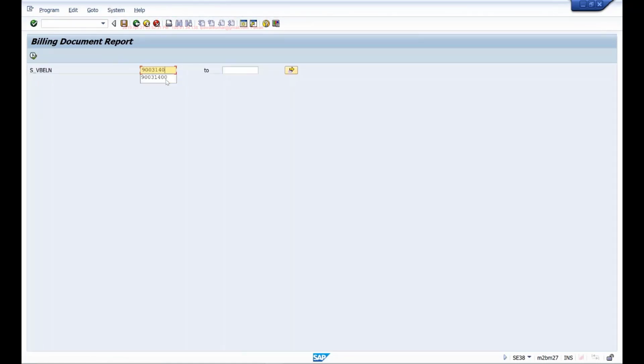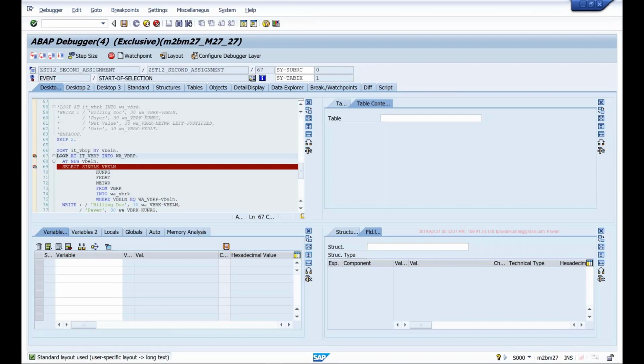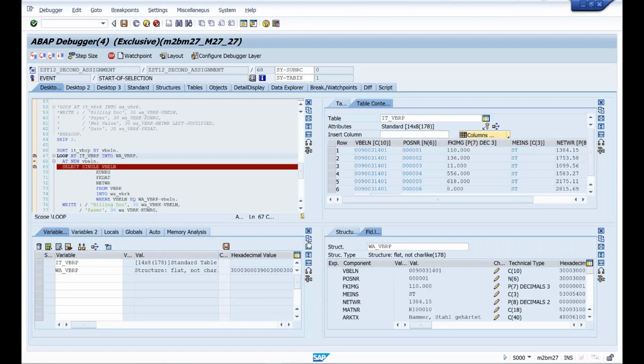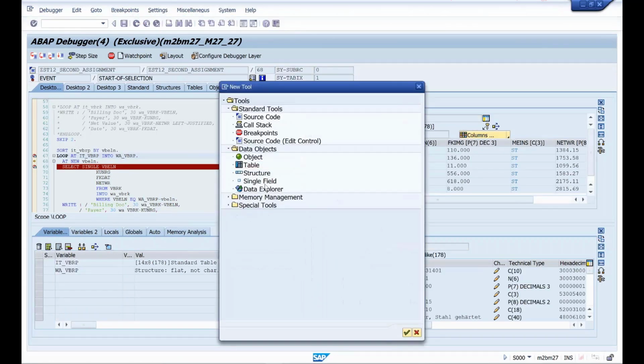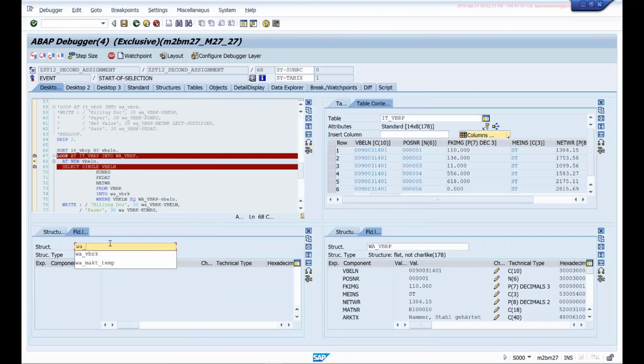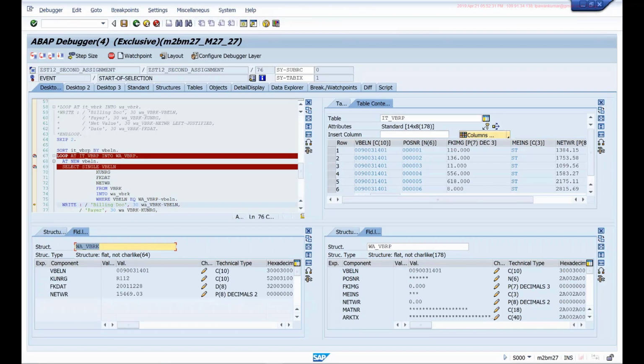I'll keep it as 1 so that we can go to the next document. So now in the first loop, it's executing the select statement within the loop and it is getting the first document details, 401.